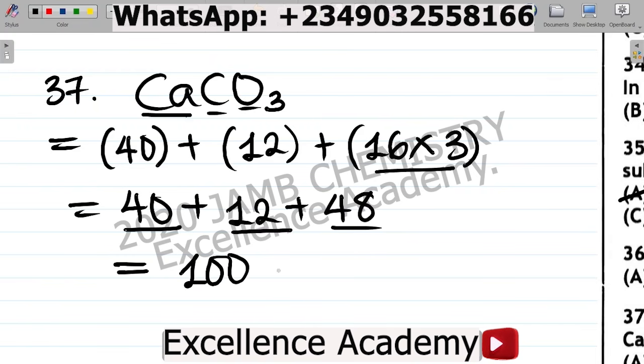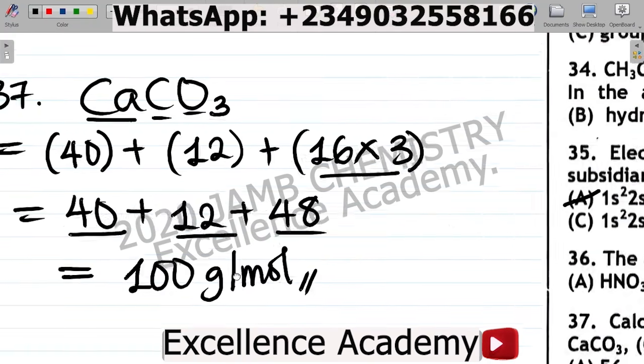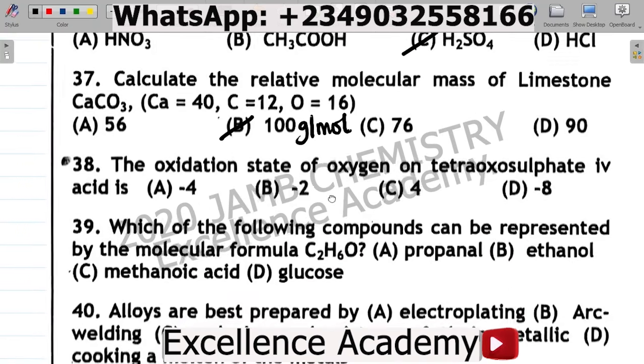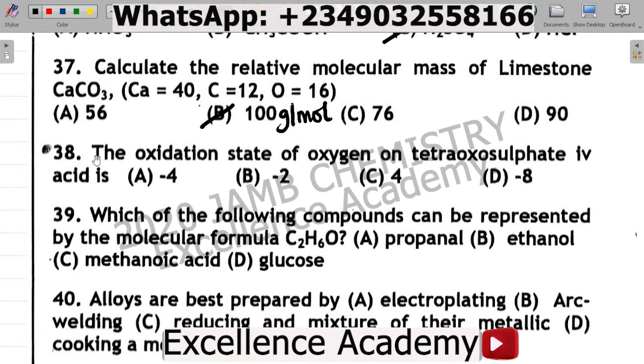So you have 100. Molecular mass is measured in gram per mole. So let's see which option is 100. The answer is B, 100 gram per mole. All right, next up, question number 38. 38 says the oxidation state of oxygen in tetraoxosulfate 4 acid is A -4, B -2, C 4, D -8. So for this question, you want to know that the ion